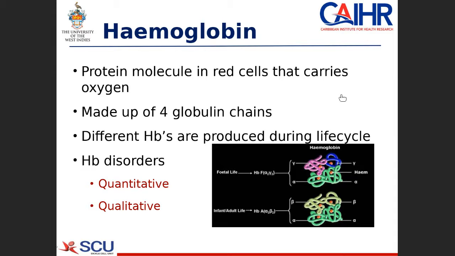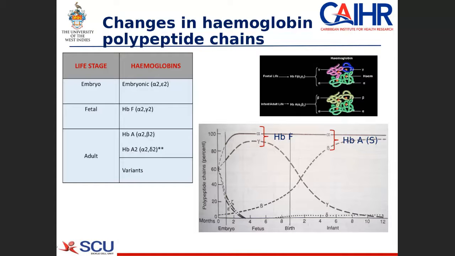Hemoglobin disorders can be either quantitative or qualitative. Sickle cell disease is a qualitative disorder of hemoglobin. If we look at the different hemoglobins that we produce, in the embryonic stage of life, we produce embryonic hemoglobin, which doesn't last very long, maybe a month or 2. Our predominant hemoglobin in fetal life is fetal hemoglobin, which is made up of 2 alpha and